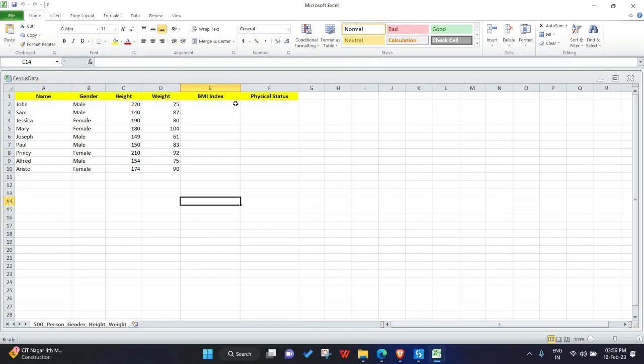In order to calculate a body mass index, we need gender, height, and weight. Mostly we'll be using weight and height in order to calculate the body mass index. And using the body mass index, we can calculate the physical status. So this actually